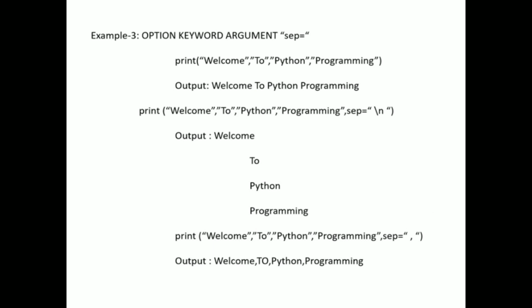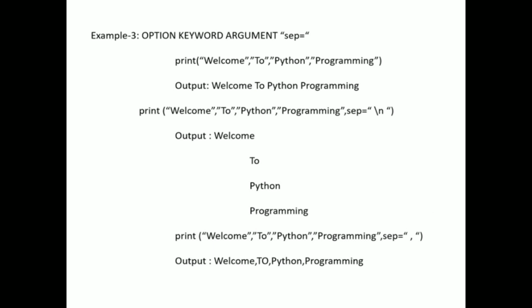Third one is separate. Separate means you can see here in different lines it will be displayed as output. Here you can see the first program is welcome to Python programming. If you execute this first line print statement, the output will be displayed as welcome to Python programming. Next one, same statement, you can see here welcome to Python programming. At the end of the line we have used the sep function. Next one is represented with \n. \n is nothing but new line.